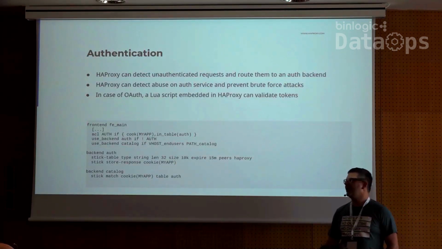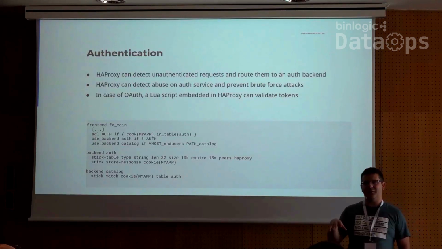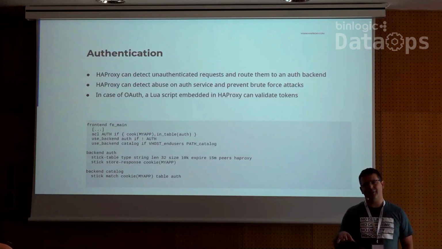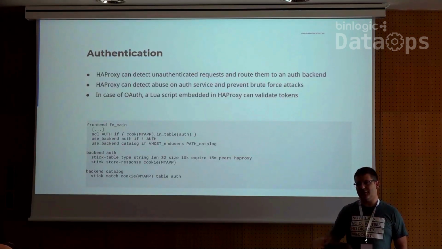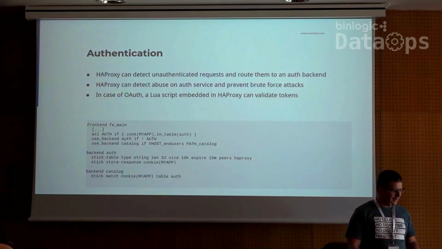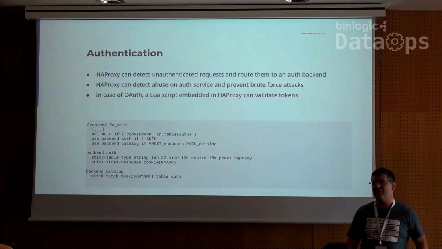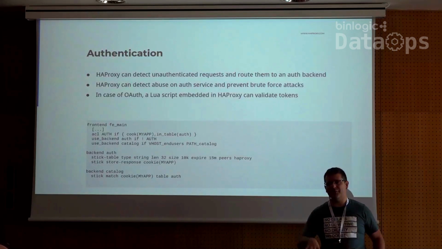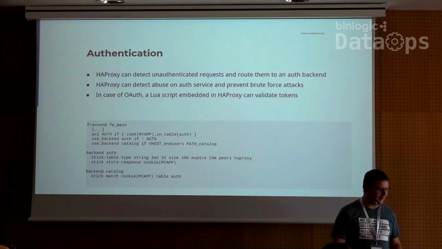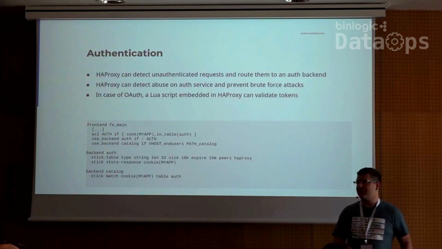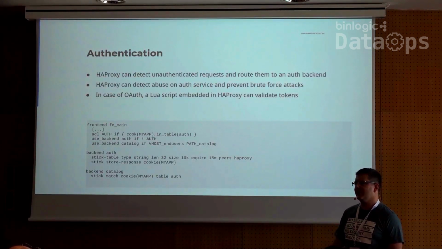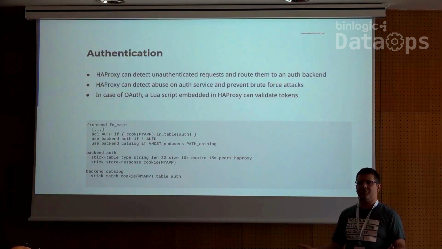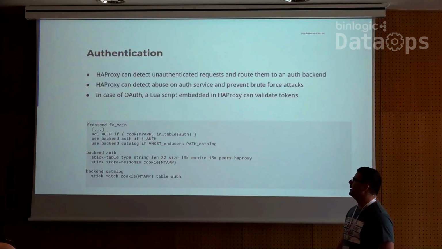Authentication. As we've seen earlier, the application gateway, the API gateway, is a gateway between the internet or partners and your internal services, and it's also your gateway between your services together. So of course, authentication should be done, or this component should be compatible with authentication. HAProxy can be used to detect if somebody has been authenticated or not. If not, perform an action, whatever action that would be.